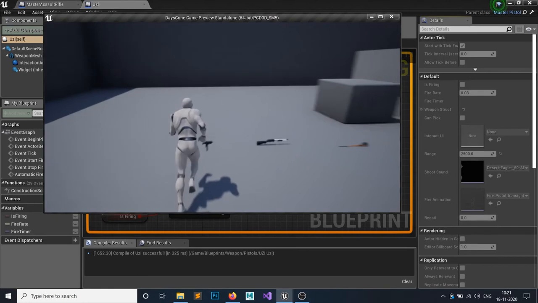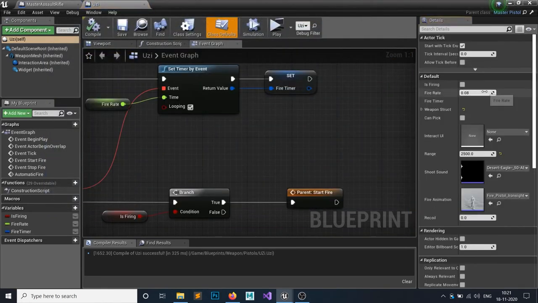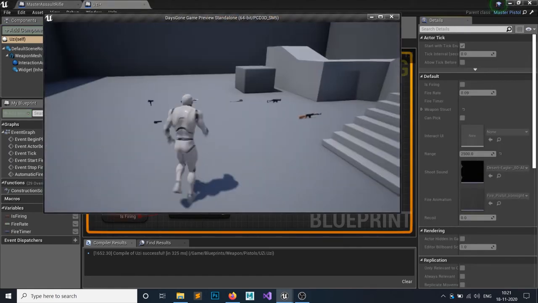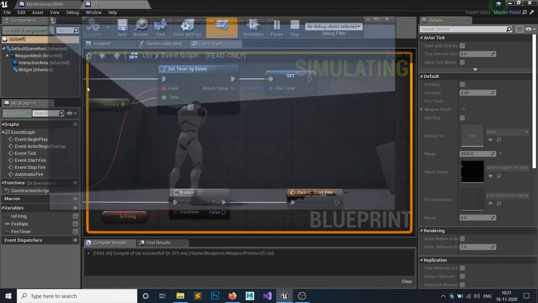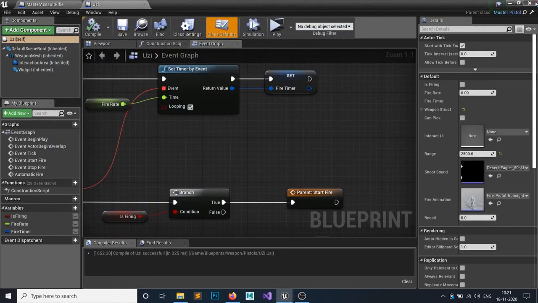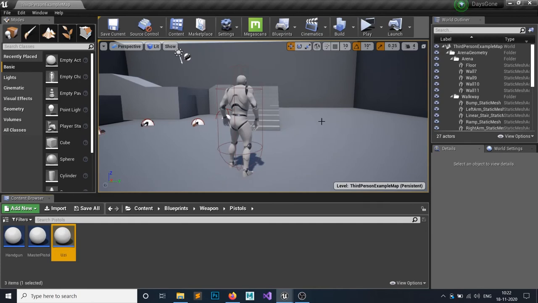So as you can see, nope, 0.09. Okay, so it is working fine. So this is all for the automatic fire and the shotgun fires.